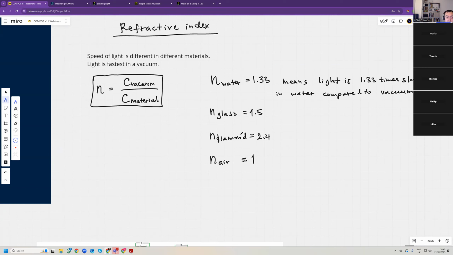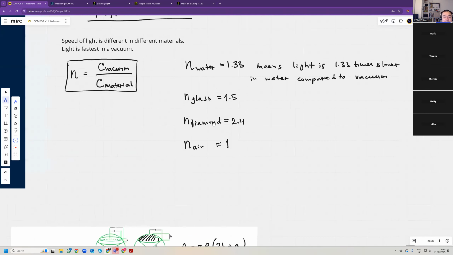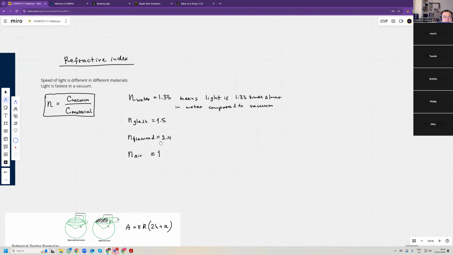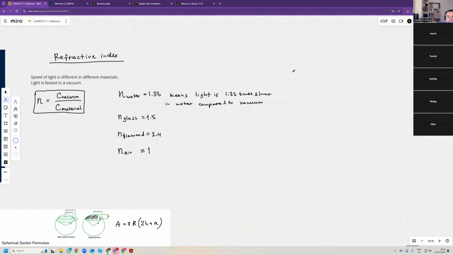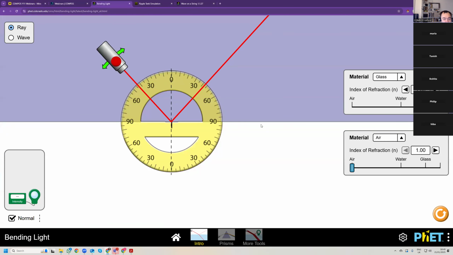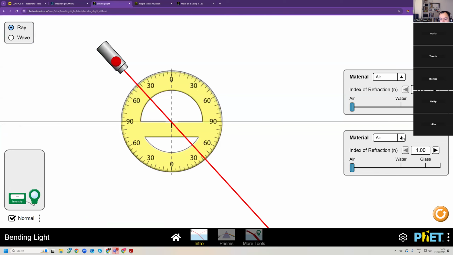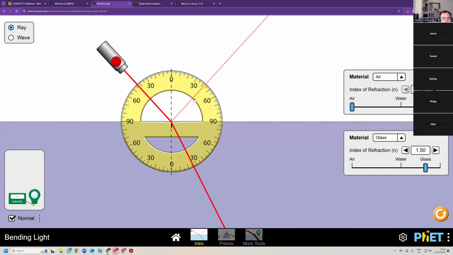Does everyone understand what the refractive index is now? 1 or 0? Okay. It turns out that if you send light traveling from one material to another, so let's say from air to glass,